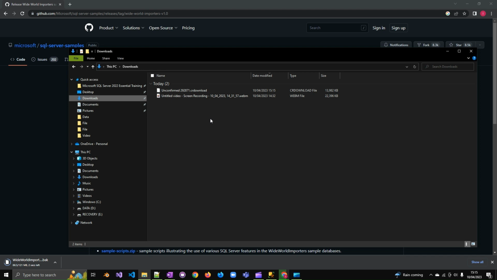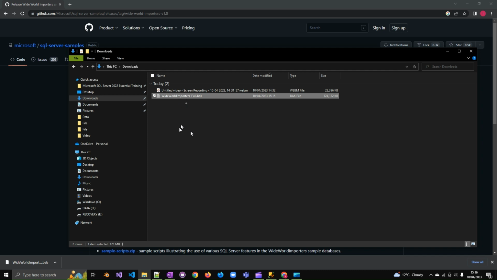Once you have clicked on the full backup, that will then download into your download folder. So wait for that to download. You've got that in your download folder right now, called Wide World Importers Full Backup. Right click on that and cut it, or you could just press Control X to cut the file, and then you need to move this into a specific location on your system,